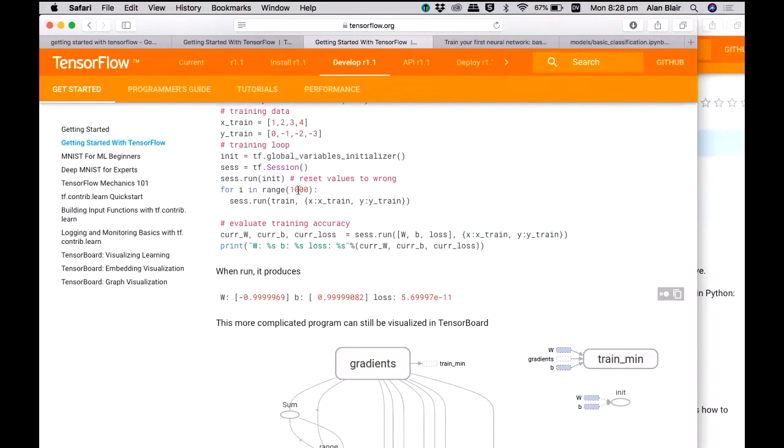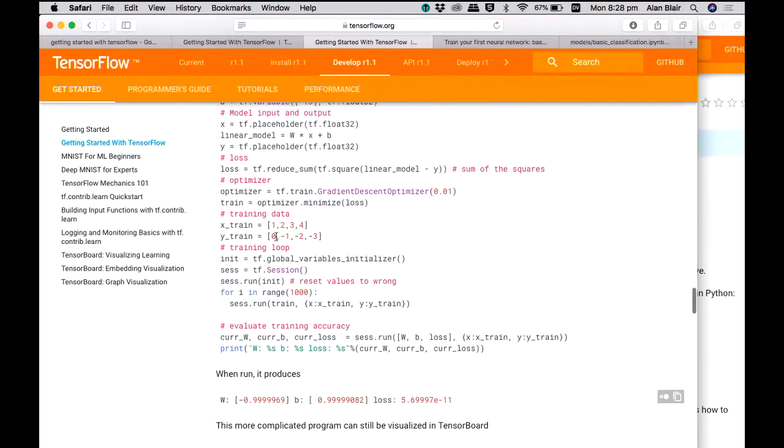Some of these things are built into TensorFlow, and then this evaluates the training accuracy and prints the result.